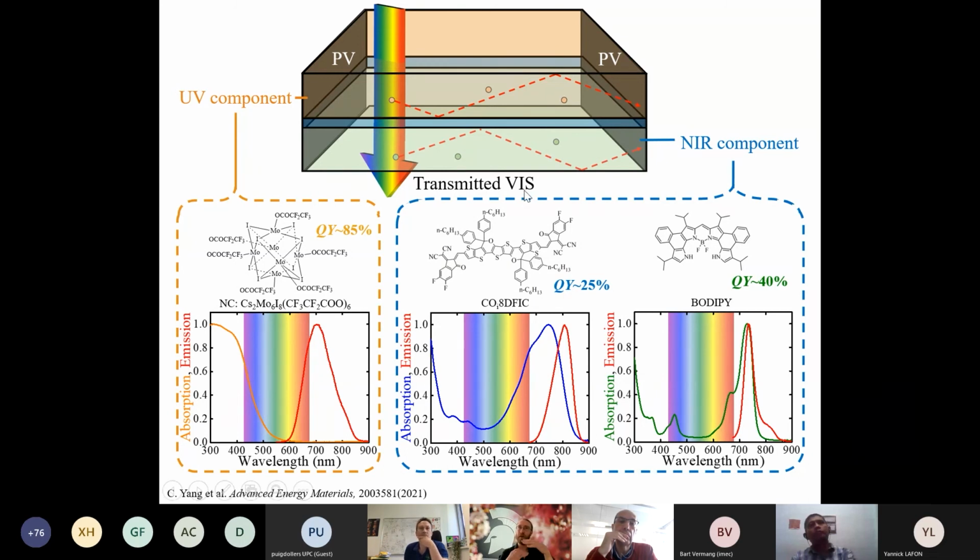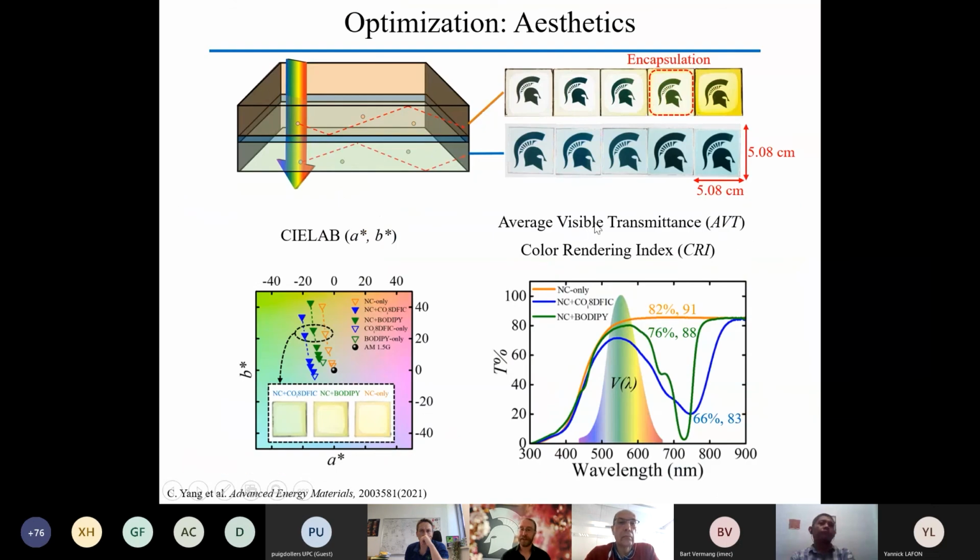We call this a dual band concentrator, optically separating them with a low index gap. This can be either air or a low index polymer. We've done both and both work equally well. And I'm showing you the best materials. We've optimized dozens to hundreds of these compounds for this kind of application. I'm showing you a snippet of the best ones that we then took to optimize for